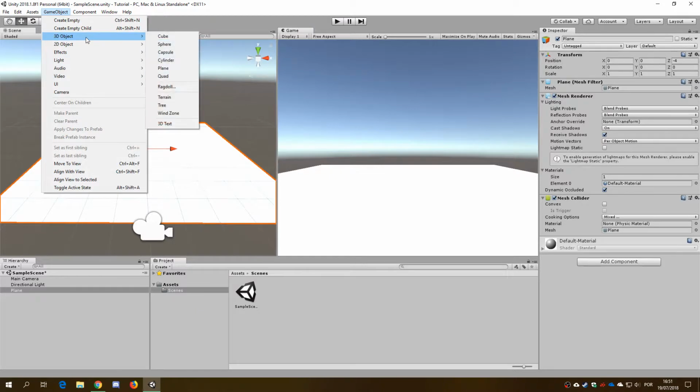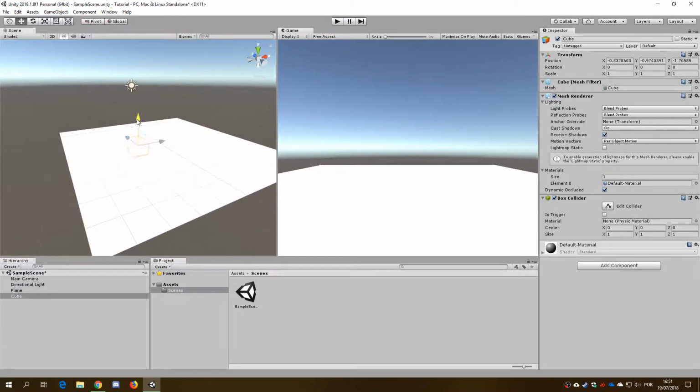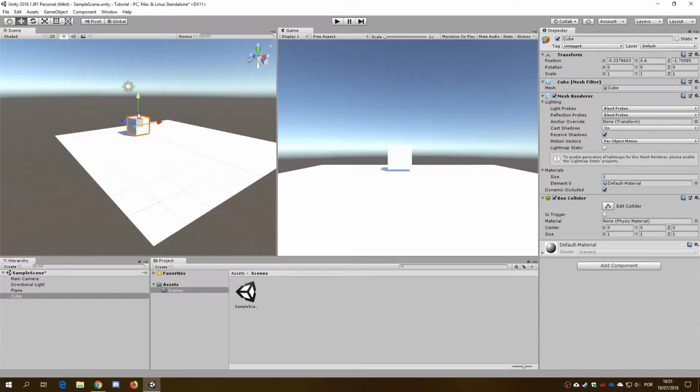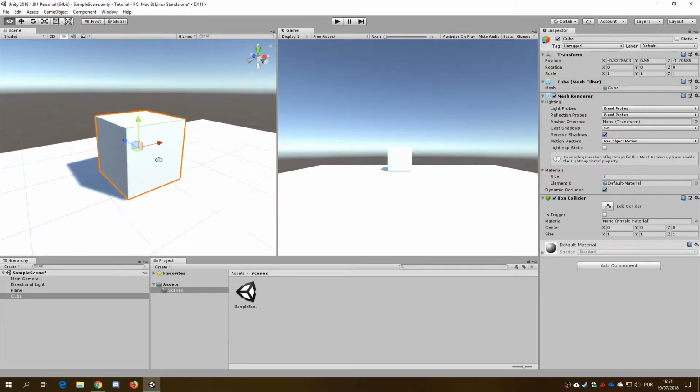Now let's add a cube, and we have our cube right here. We can use the V key, and you can see that. Let's focus on